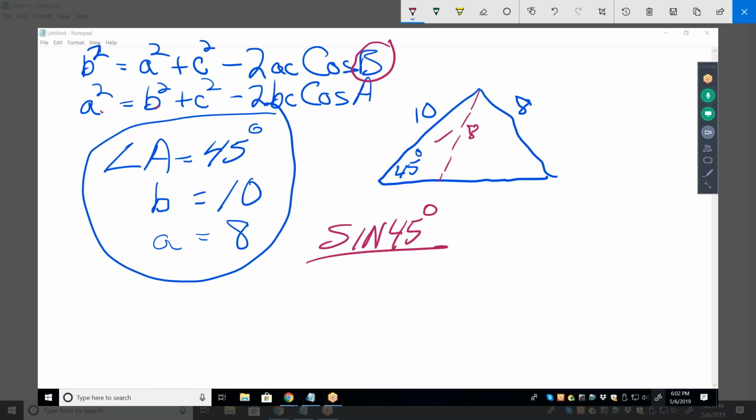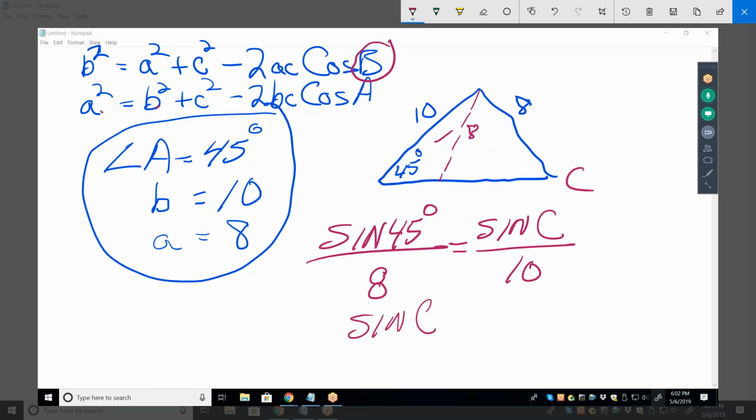So the sine of 45 over 8, remember you can go either way as long as you're consistent, equals the sine of angle C over 10. When I go to solve for sine of C, I get sine of C equals